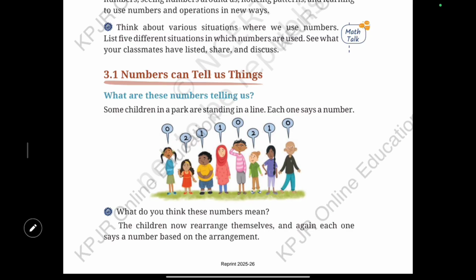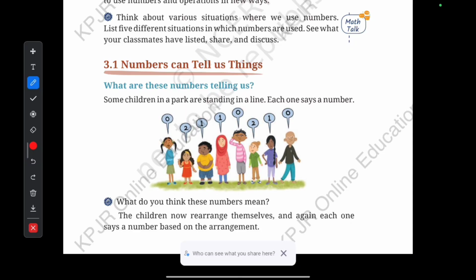So, seeing this picture, each person says the number of taller neighbors they have. Neighbor means next to them, whoever they are. Okay, children at the corner will say 0 or 1. Children at the corner will not have both sides, right? They will have only one person, either to the left or to the right. Got it? So the person in the middle may say 0, 1 or 2.